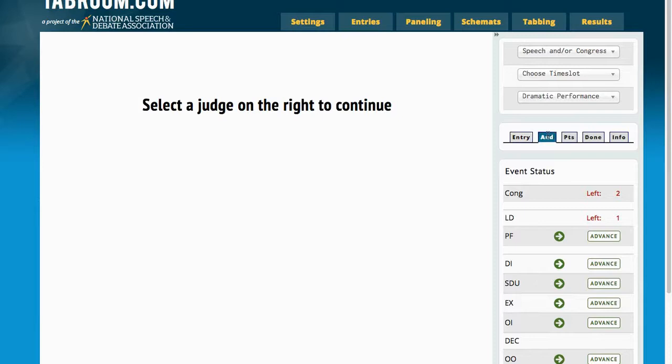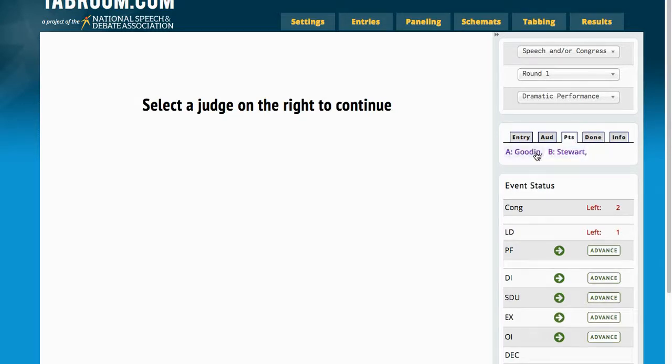If we would like to audit, we may audit, but since we are not doing paper ballots, this is not necessary. Going over to points or done for our particular event will show us those judges that have completed their